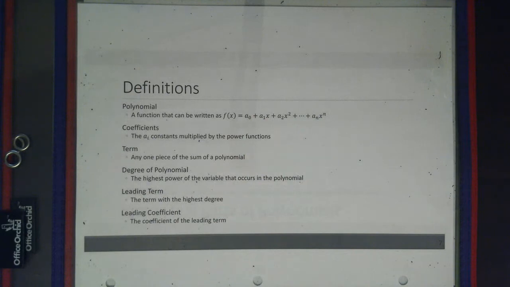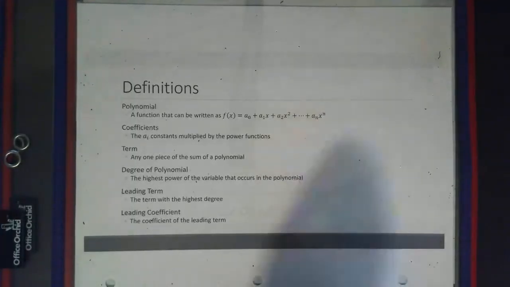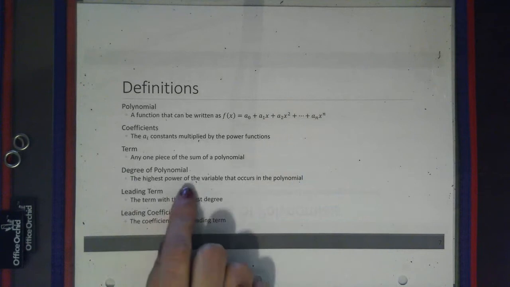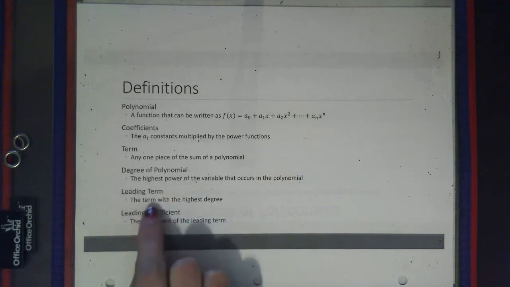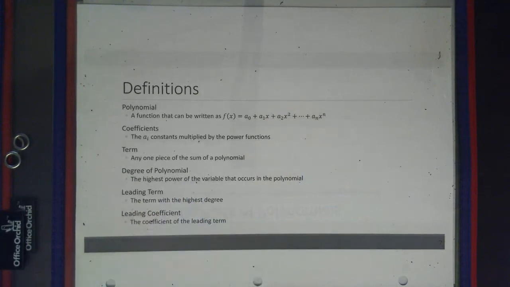The degree of the polynomial is going to be the highest power of the variable that occurs in the polynomial. So it's going to be the highest power on x that we see. Our leading term is going to be the term with the highest degree. So when we find the highest power on x, that full term is going to be our leading term. And then the coefficient on that term is going to be our leading coefficient. So let's see if we can put these